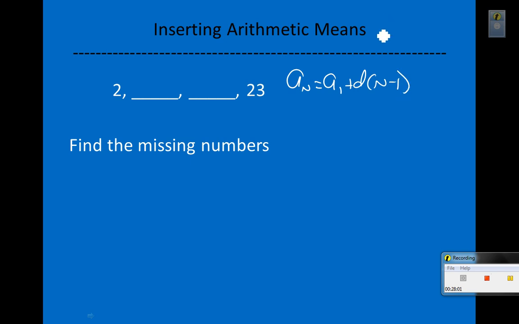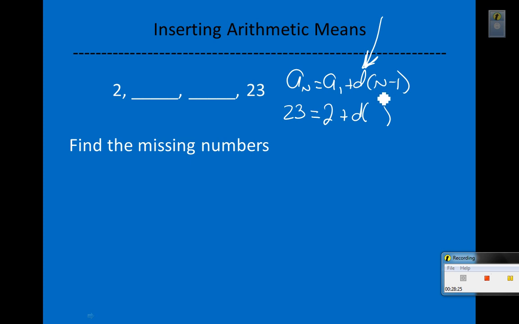I'm trying to find the d value in this case. a sub n is your last number. a sub 1 is your first number. So I'm going to go 23 equals a sub 1, which is 2, plus d times